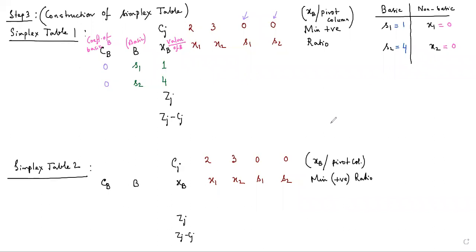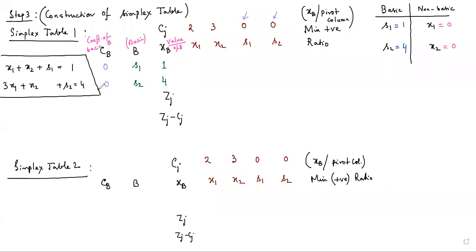And now look at the system. Let me write the system for you once again here. You will find it easier to connect. Our system was x1 plus x2 plus s1 is equal to 1. Now it is not actually mandatory to write the system in this place. I am just going to try to keep the system in front of you so that it helps you to construct